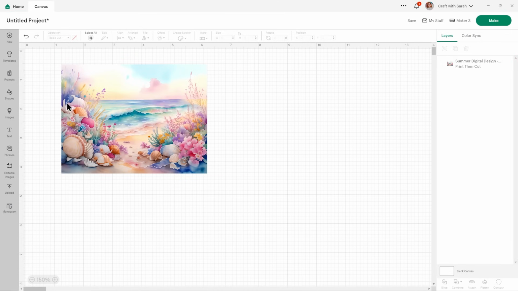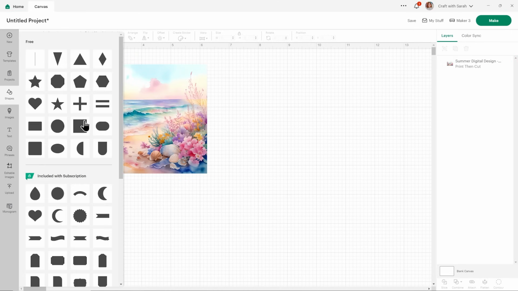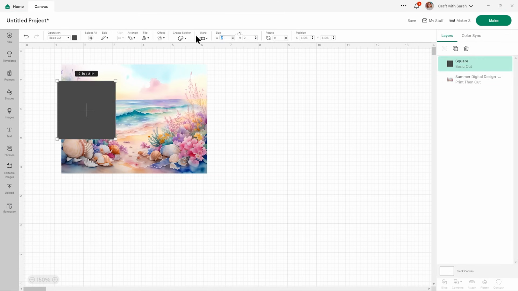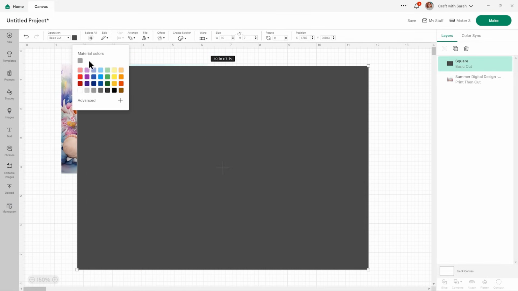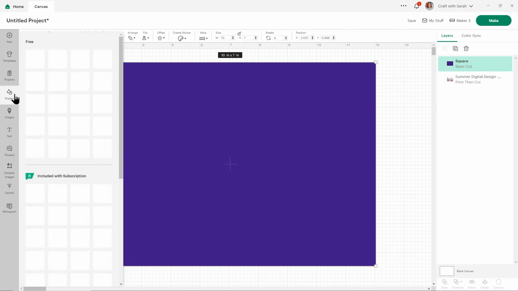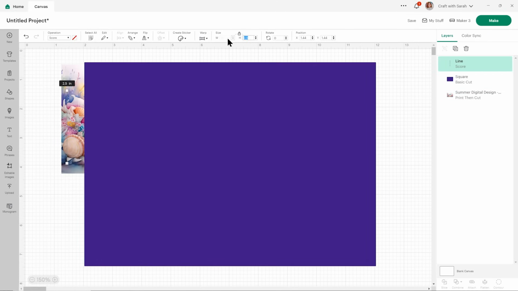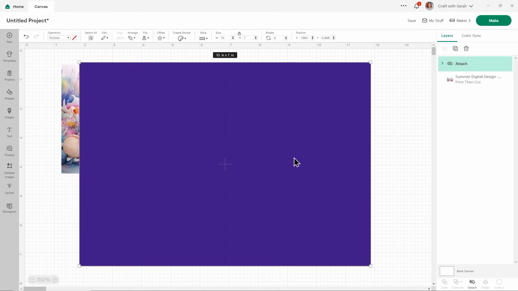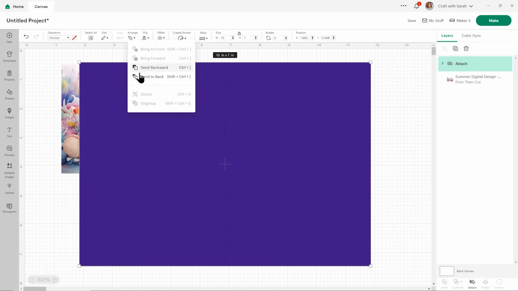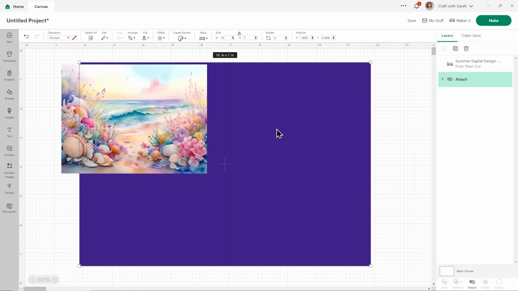So for example, let's say I was doing a greetings card. I'll make my card base of a 5x7 inch card. So that'll be 10 by 7. And we'll go for a purple. Give it a score line. That's the same height, 7 inches. Select both of those and go align, center to put the score line in the middle, and then attach them together so the Cricut knows where to score. I'll move this underneath my image.